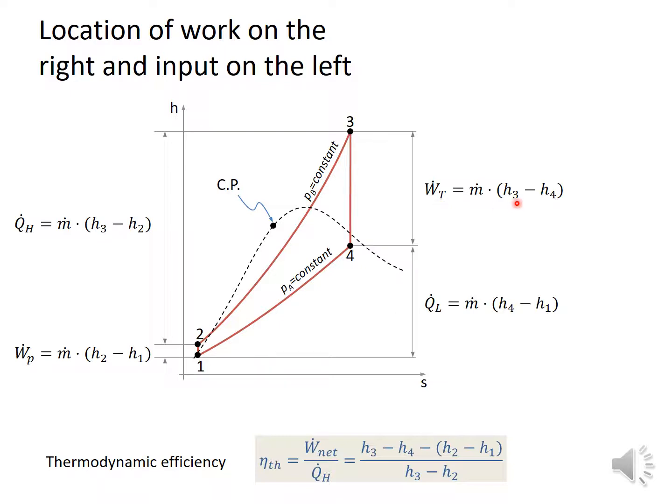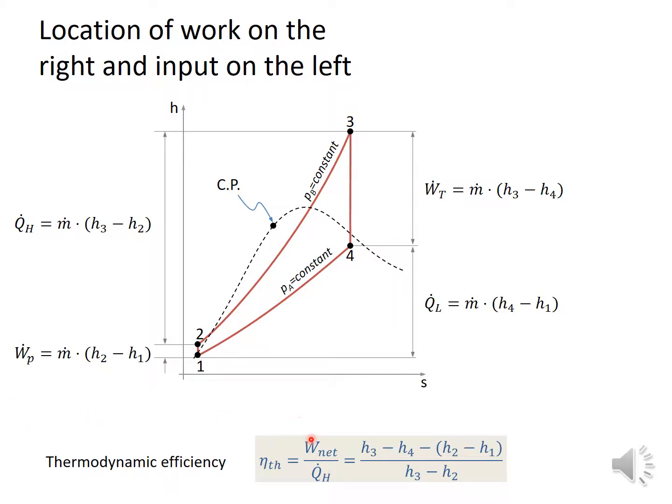The turbine work that we produce is similarly just H3 minus H4 times the mass flow, and the rejection rate of heat here is the mass flow times the difference in the enthalpy here. We now see that we get a thermodynamic efficiency of this cycle as defined before as eta_th equals W_net divided by QH, and if we use the equations that we derived prior to this,